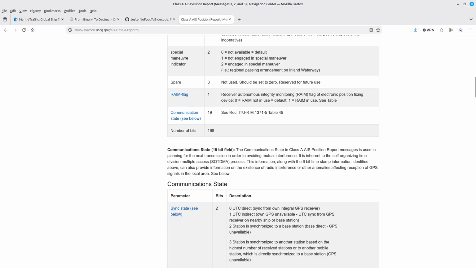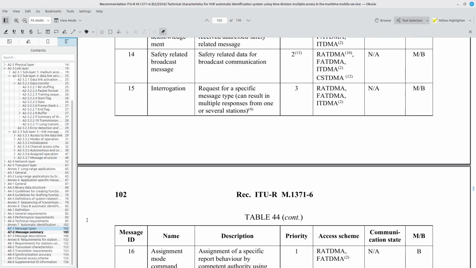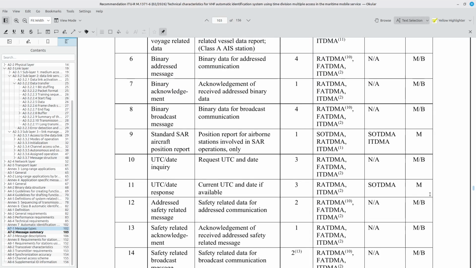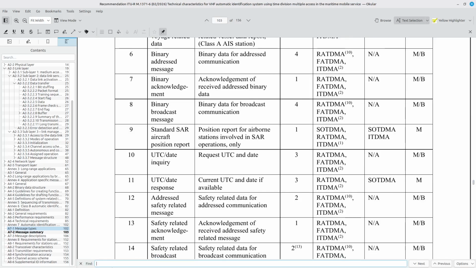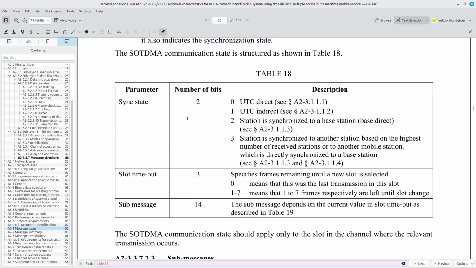For this one, I'm going to bring back here, and I'm going to look for my communication state. I'm actually looking for table 18 and 19. Here.